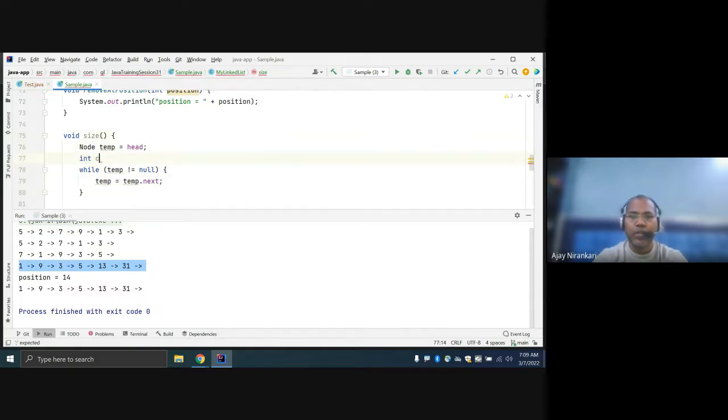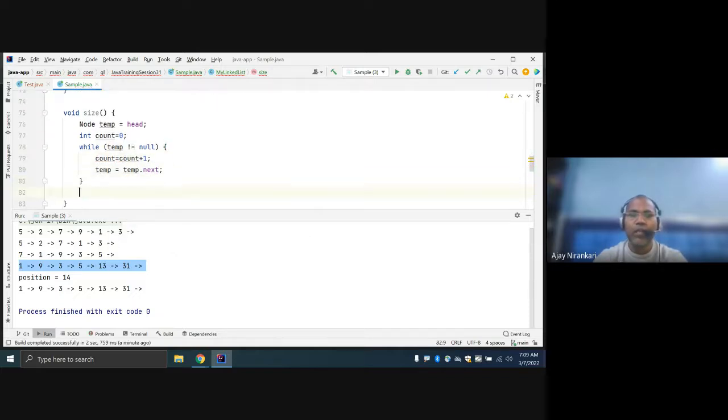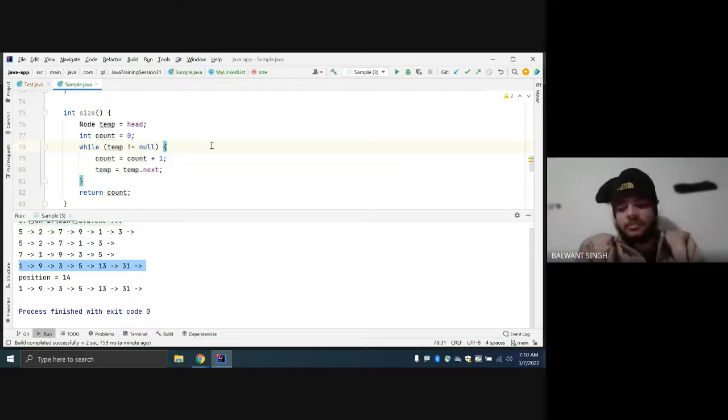Okay? Count initially should be 0 and just make count plus plus, right? And return the count. In this way, you find the size of your linked list. Any doubt? Any question with this method, finding the size? No, sir.